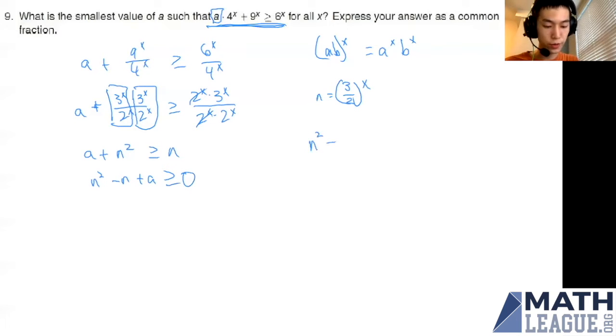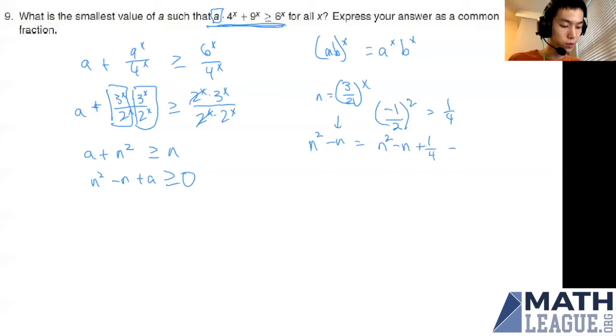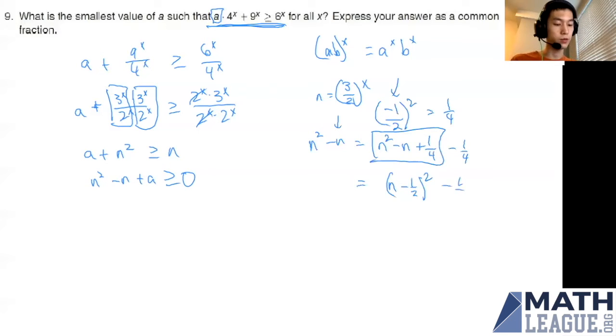So we have n squared minus n, right? If we want to complete the square, what do we do? We take the coefficient of the n term, that's -1, right? We divide it by 2, and we take the square. What does this give us? It gives us 1/4, right? So now we're going to add 1/4 and subtract 1/4. And then after this, this is now a perfect square trinomial. It's n plus whatever this coefficient is, plus -1/2 squared, and then we finally append our -1/4 that we left out.